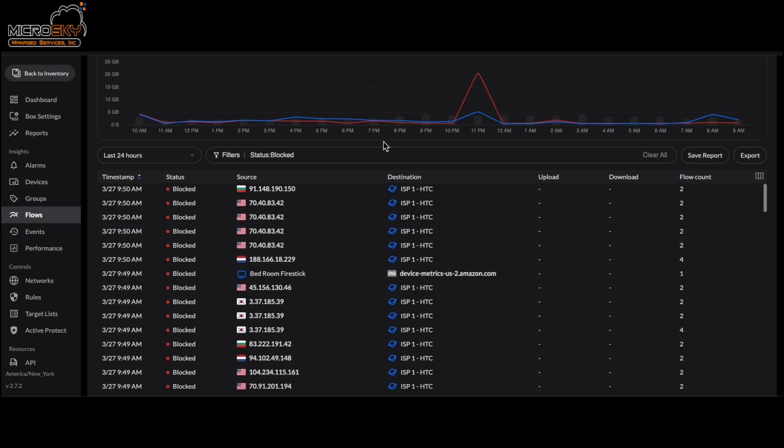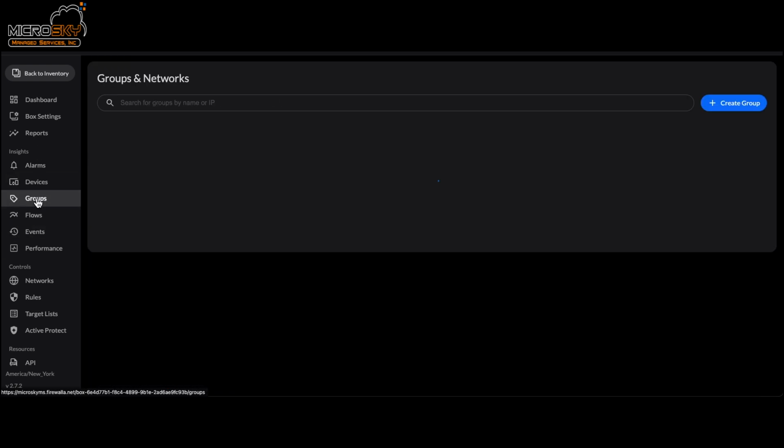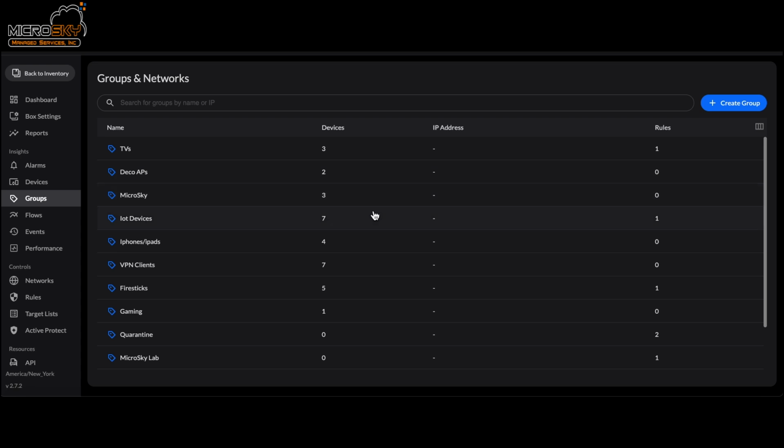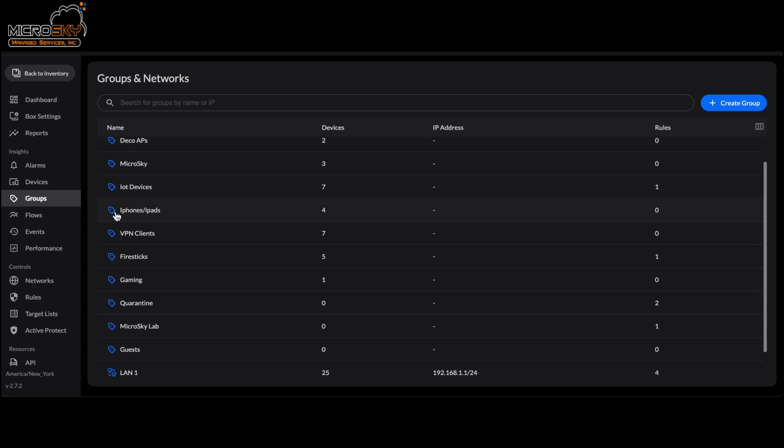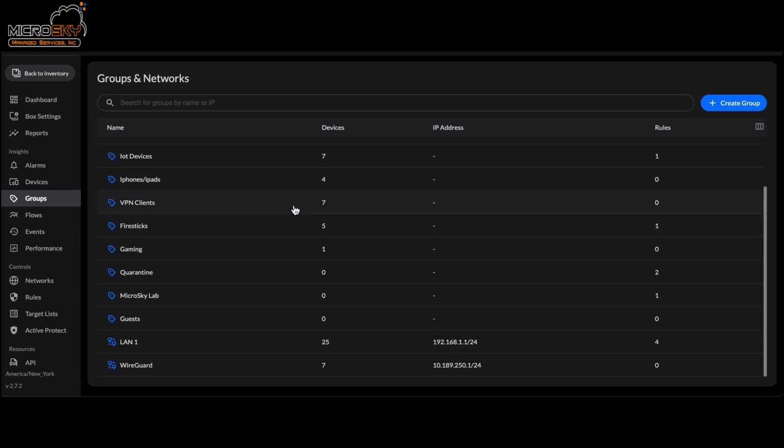So the great part about this device is that we can basically group everything on your network. So I have this particular network. This is our home network that's also used for business. So I've basically separated out the network into groups. So I have the TVs, I have my access points, I have MicroSky's devices on this network, my Internet of Things devices, iPhones and iPads, VPN clients, people connecting into this network from outside, my Fire Sticks for entertainment, my